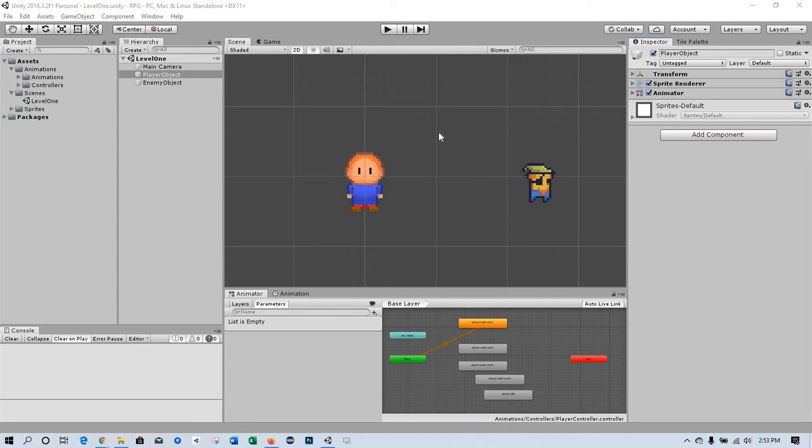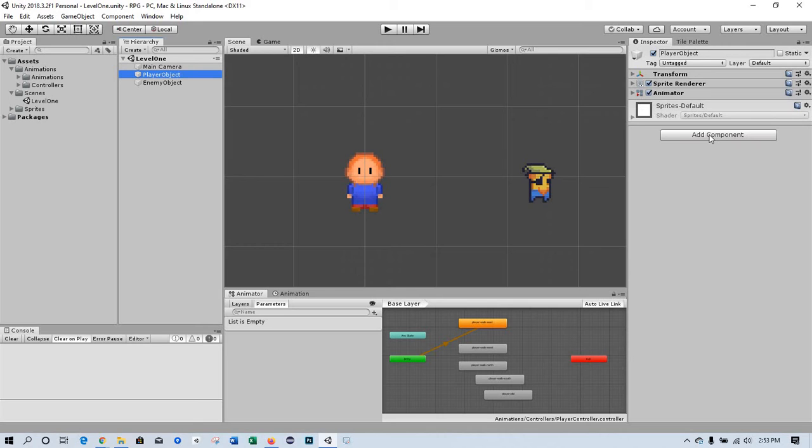Okay, now we want to do some further programming of our player and enemy objects. First, we need to enable these objects to react in physics space. So in particular, we're going to wrap the player and enemy in a collider, and we're also going to apply a rigid body component. So starting with the collider,